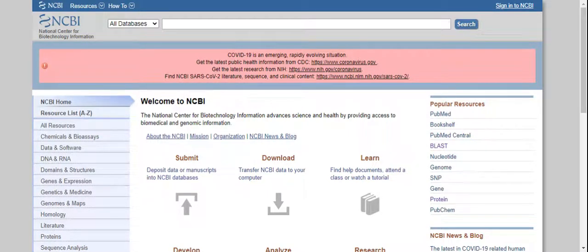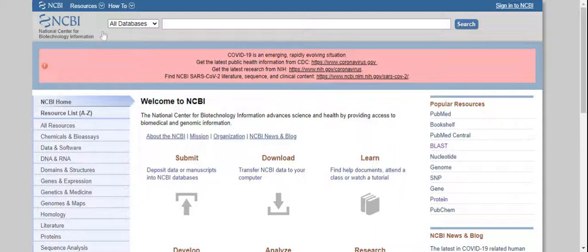Hello friends. The purpose of this video today is to find out the regions of similarity between two or more protein sequences. For this purpose, we will open the NCBI website, the National Center for Biotechnology Information, which is a widely used tool, software and database in bioinformatics. It is a popular repository of many databases and a collection of biological information shared by GenBank and others on a day-to-day basis. So let us begin our process.